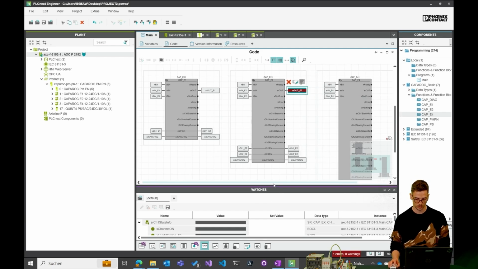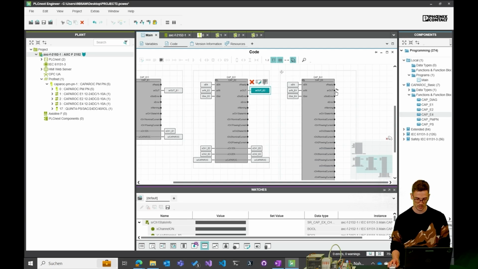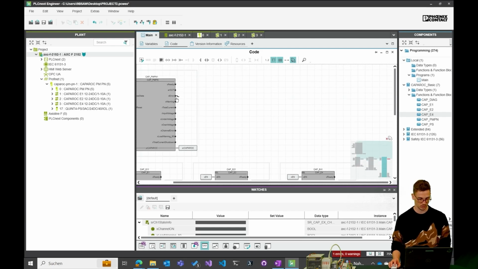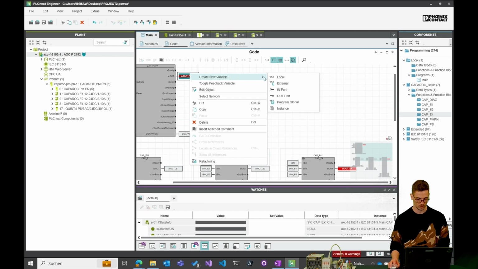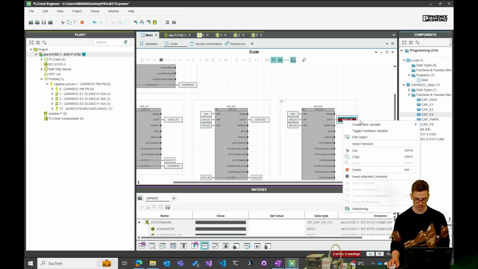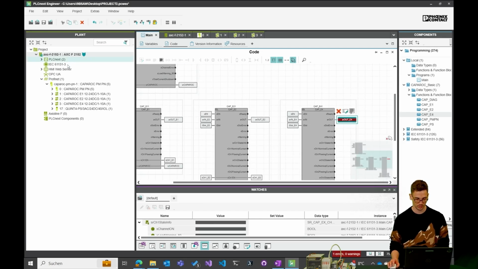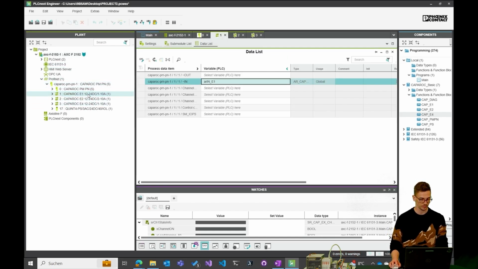Create external. The same with E4. And also with the AR out PMPN. Create external. Create external.